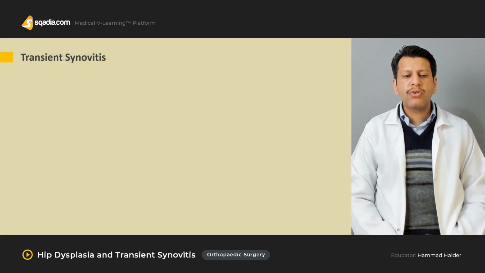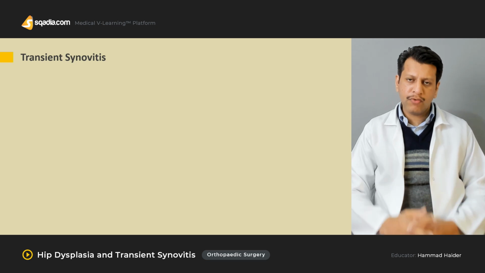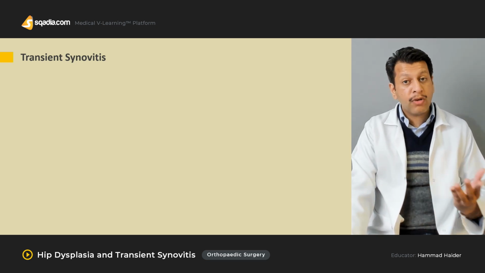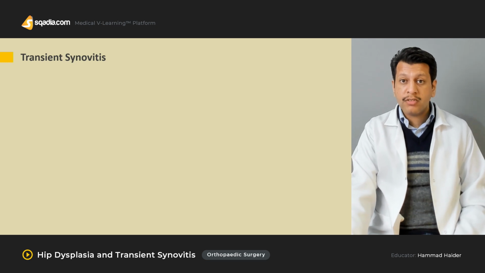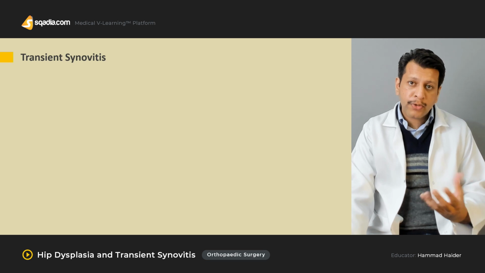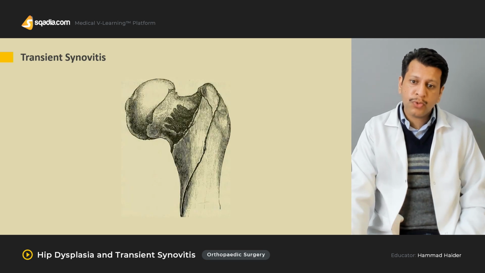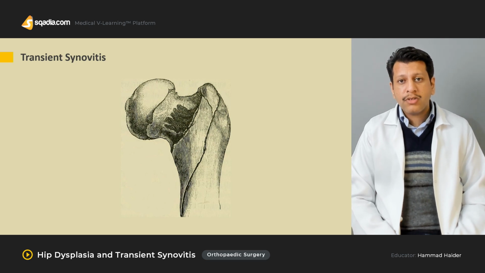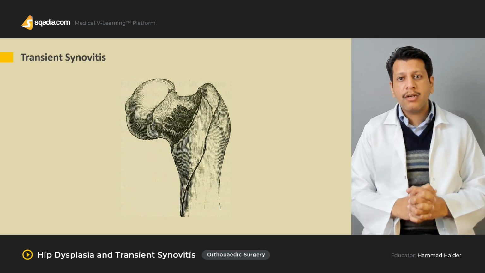Now coming to transient synovitis. If you remember our case study, Robert, the child who came to us at the age of 5 years, was having a problem with the hip joint, in the left hip joint, and there was a lot of limp. To understand transient synovitis, you have to first understand a bit of the anatomy of the